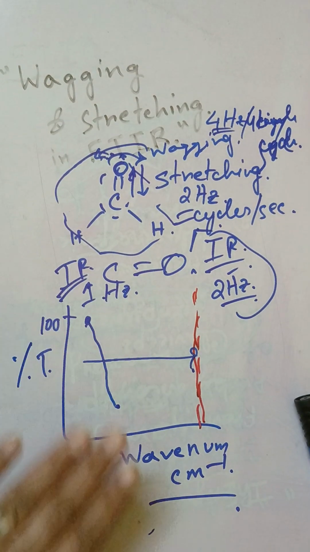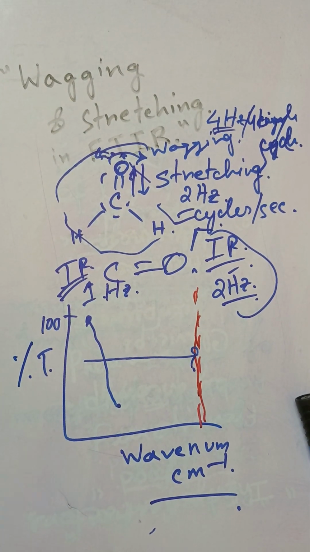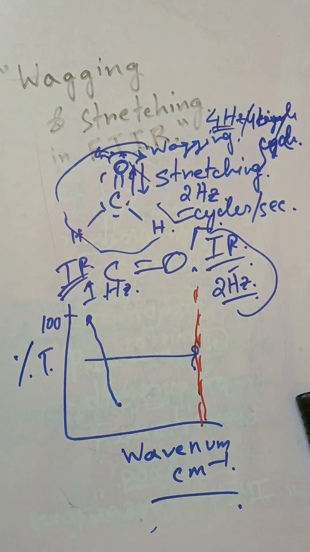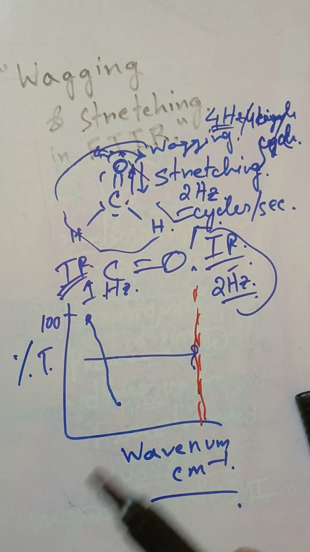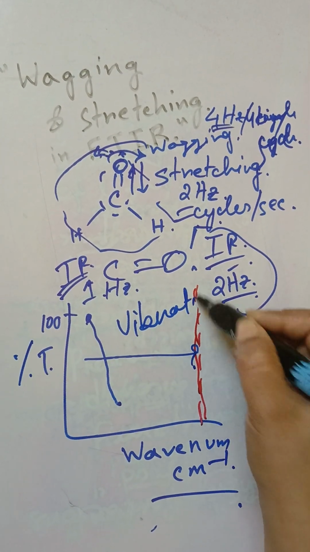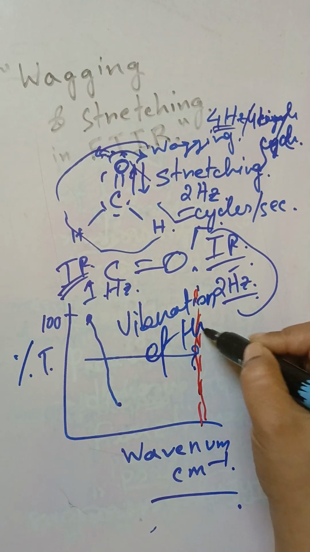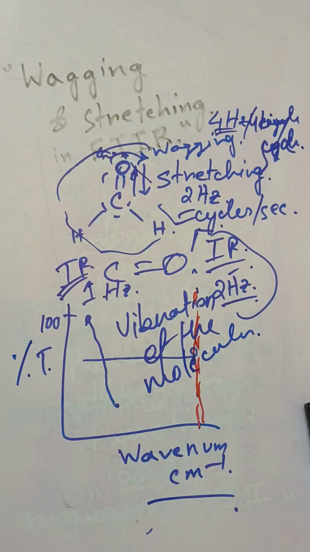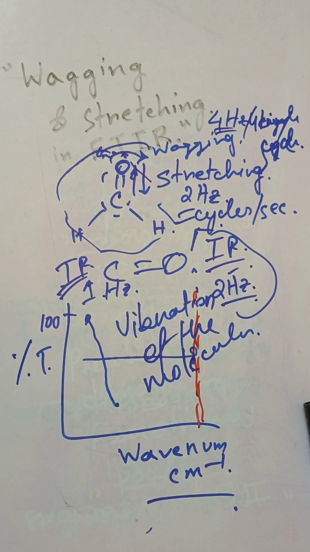But this is the basic principle of FTIR, how it works to identify an unknown compound with the help of the presence of functional groups in it, by this stretching and wagging. So basically it measures the vibrations and their movements in the molecules and compounds, so that it can predict,